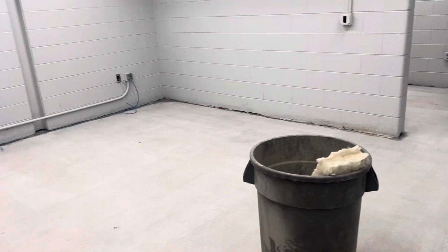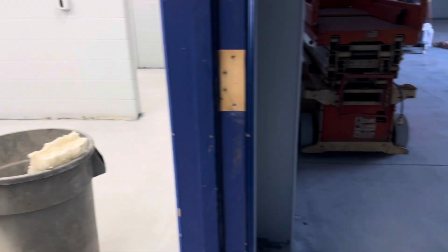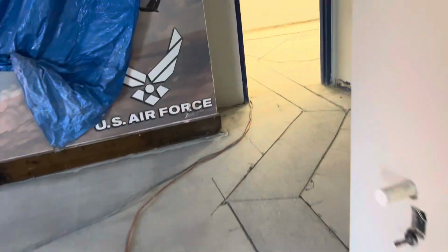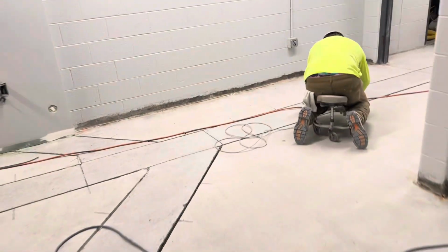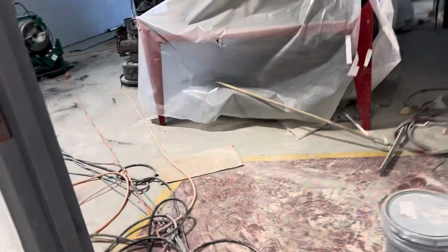To do polished concrete for an existing floor, they will hit it twice and polish it, and I will show you the sample of how it looks after they finish with it. A sample like 10 foot by 10 foot, so it gets approved by the architect and owner. Then